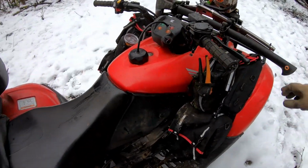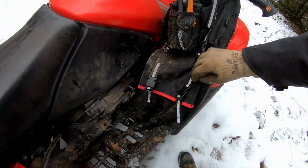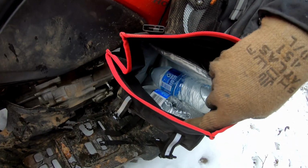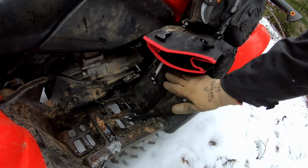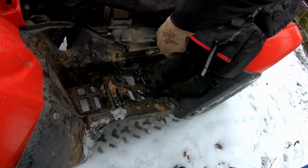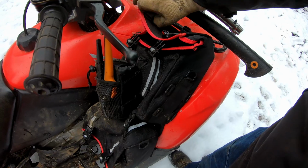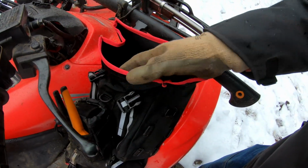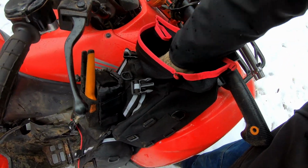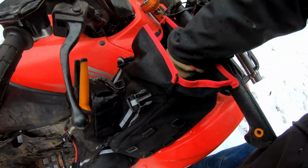So let's move up to here. These are Kemimoto bags, and these are way above my expectations. So these bottom ones are lined, this is like a cooler, like a lunchbox, and you probably fit 6 water bottles in each one. They got these nice big buckles, and the thing I like about both of these bags is obviously with gloves on, I can get in these. There isn't a zipper. So once you pop those 2 clips, you can get right in here and get whatever you've got in it. We got some gloves, my big O-light,